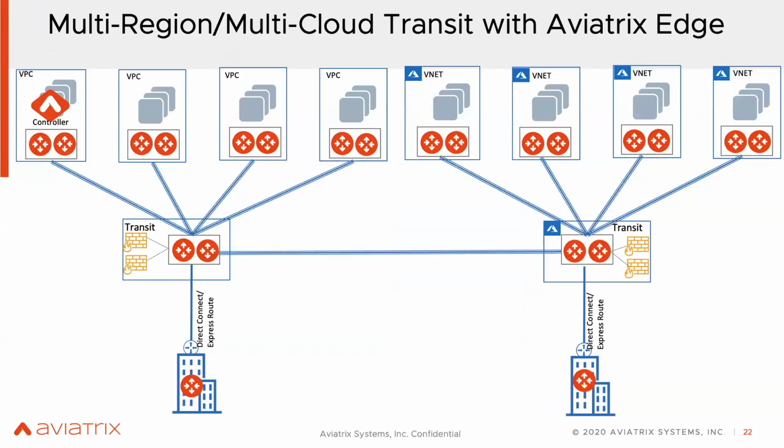All right, so now this is how this picture looks. This is an example where I have on the left-hand side the VPCs, the AWS. On the right-hand side, I have the VNet. Obviously, these are 2 different clouds. The transit is deployed here on the left-hand side, transit here on Azure. You are connecting these clouds with our transit networking, with the overlay, if you want to call it. And then you are providing the firewall services to your workload.